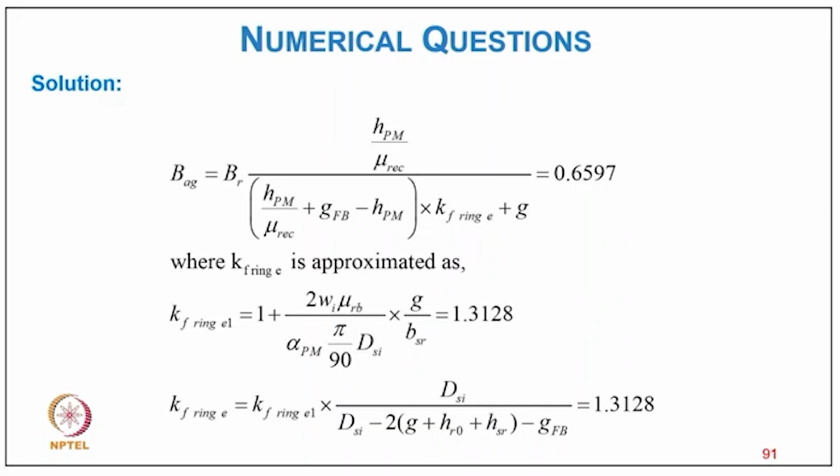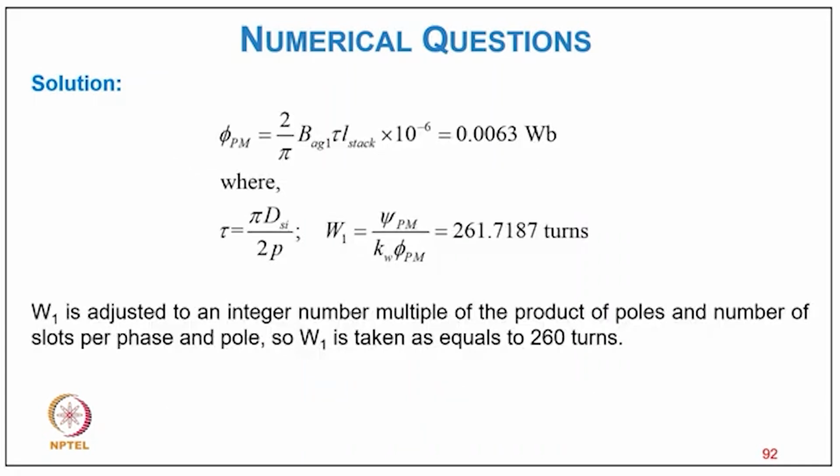where K ring is approximated as K ring equal to 1 plus 2 WI mu RB divided by lambda PM pi upon 90 DSI into G upon BSR, that comes 1.3128, and KF ring E, that is KF ring E1 equal to DSI upon DSI minus 2 bracket G plus 2 HR0 plus HR minus GFB equal to 1.3128, and psi PM equal to pi BG average tau L stack into N massive, that comes 0.063 Weber, where tau equal to pi DSI upon 2P, and W1 equal to psi PM upon KW psi PM